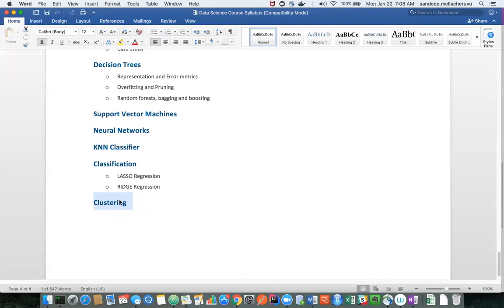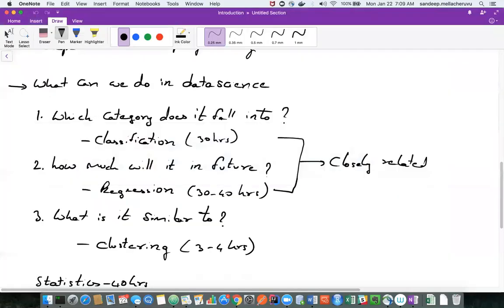For whoever is attending from India, it will be from 6:30 a.m. to 8 a.m. And the classes will be 5 days a week. It is from Sunday to Thursday for US, and Monday to Friday for Indian times.